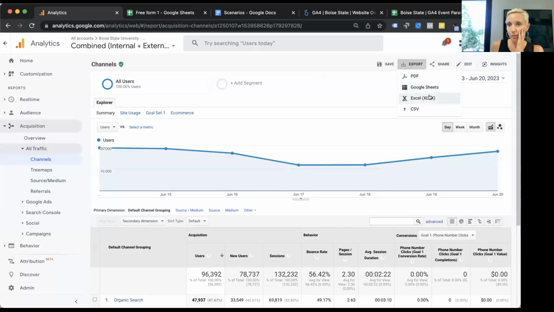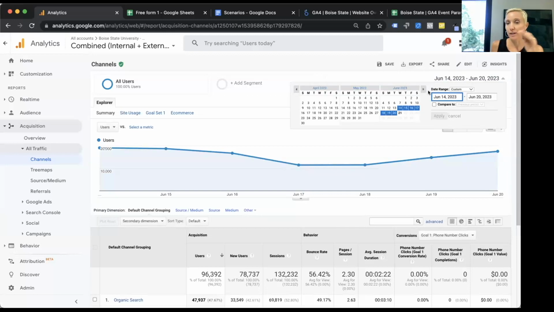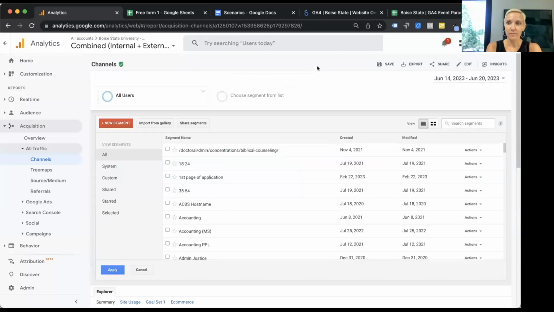And again, Google Sheets, Excel, whatever you need to do. I would go back and do a full year of data, and then the previous full year of data, and then the previous year of data, and have all those years backed up in your Google Drive. Great question, Shad.